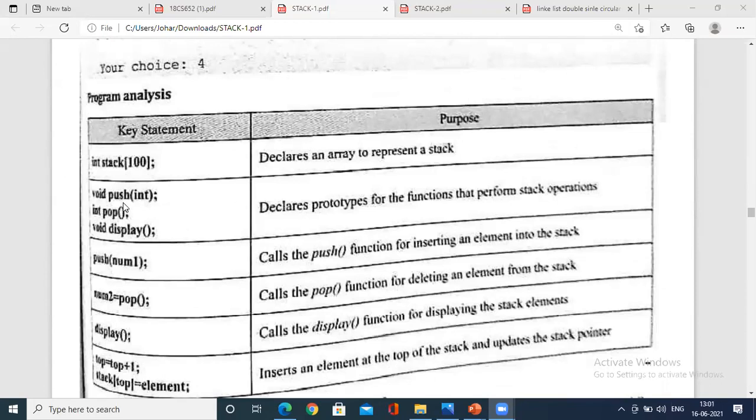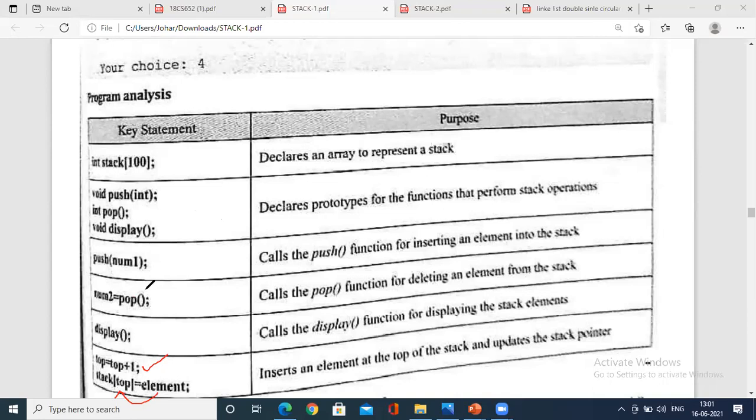When you do void push of int, push of num1, when it is called, push operation is performed. How is the push operation performed? By incrementing the top and copying the element to stack of top. Only two things. When you call int pop, that is num2 equals to pop, simply pop will execute.